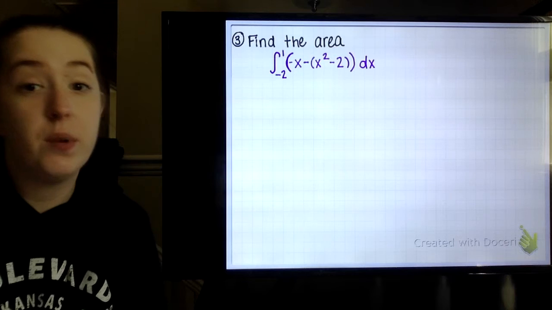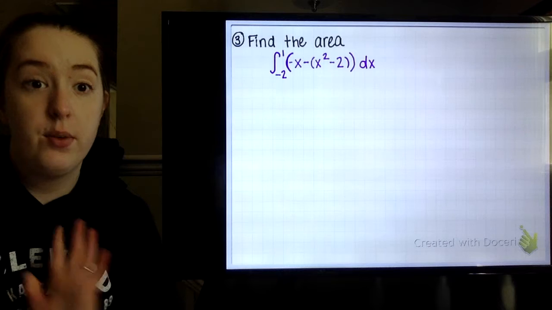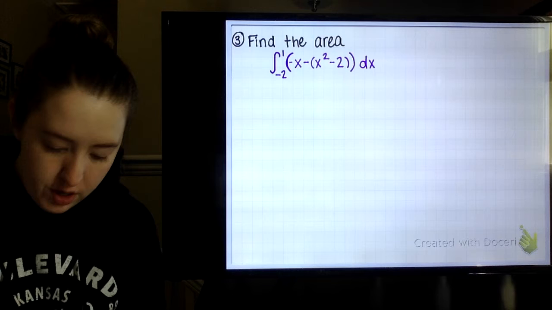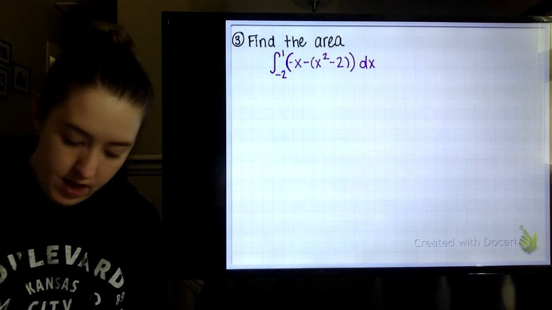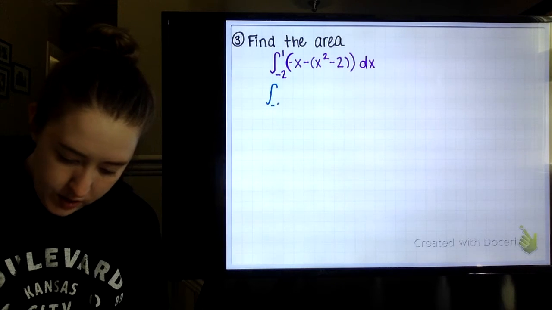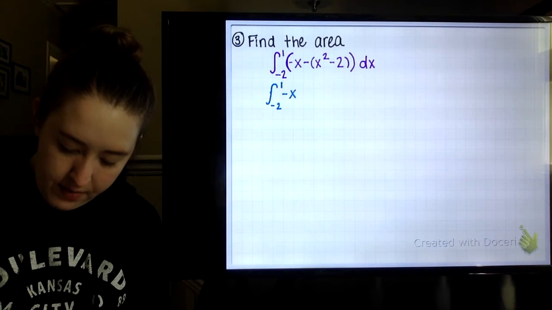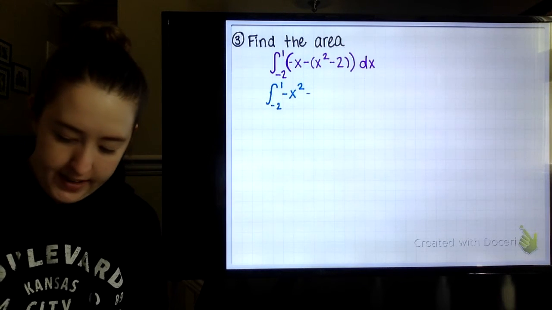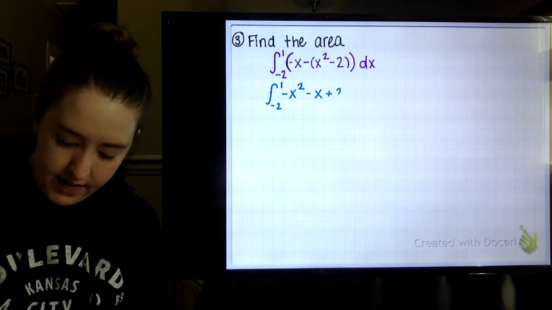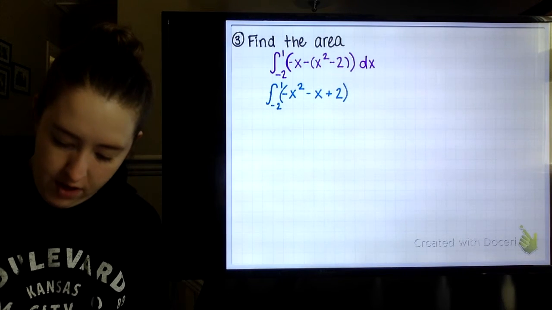So now we're going to go through and solve for that area. Like I said, we're only going to do this once by hand. The rest of the day, everything is going to be on our graphing calculator. So here we go. Let's go ahead and simplify the inside. It's from -2 to 1. If we distribute out that minus sign, we have a negative x squared. We had negative x from before. And then if we distribute that negative out, we have a plus 2. So we have all of that